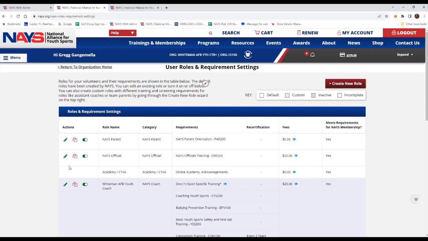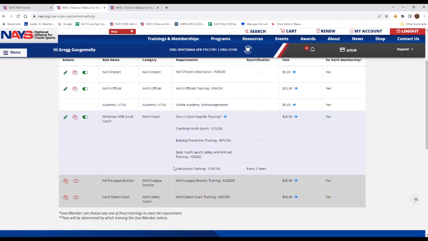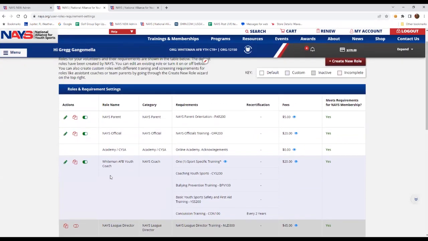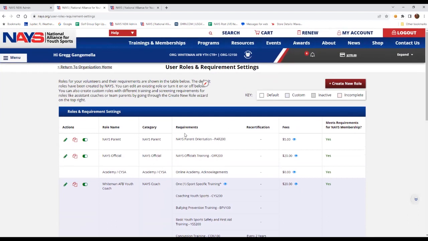All right, so now we're back, and you can see the light gray means it's a custom role. The dark gray means it's inactive, but I have my coach here. I still have parent, official, and CYSA. The other thing that you might not have thought of is, in addition to editing these roles, I can